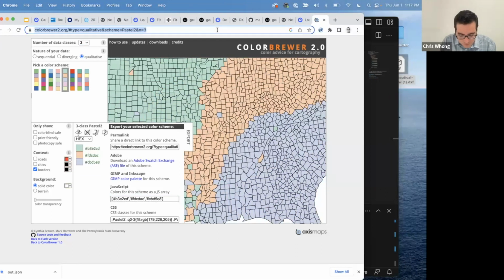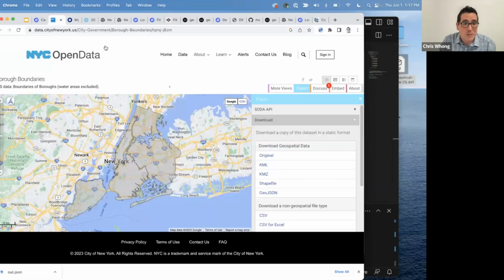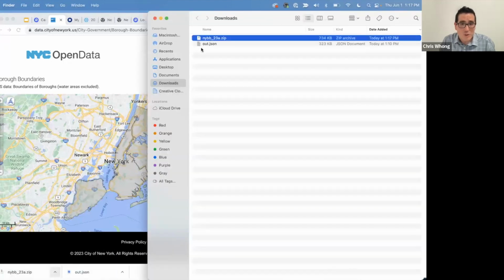I'd be remiss if I don't mention QGIS, which I use all the time in my workflows. But I wanted to show a quick example with QGIS. The thing I use it for probably the most is just coordinate reference changes and quick editing to delete things and then export again. GeoJSON IO is helpful for that as well. But for example, if I were to download the original source for this borough boundaries data set on the New York City Open Data Portal and open it in QGIS,